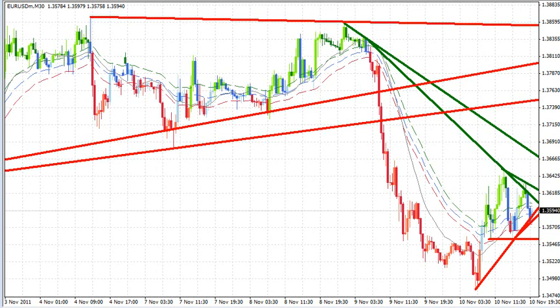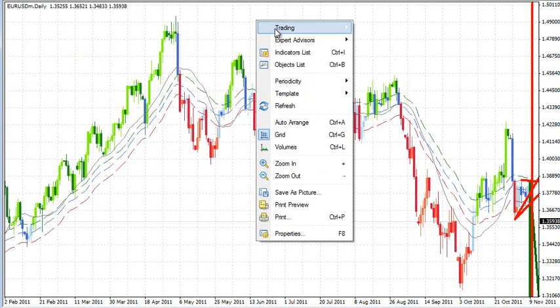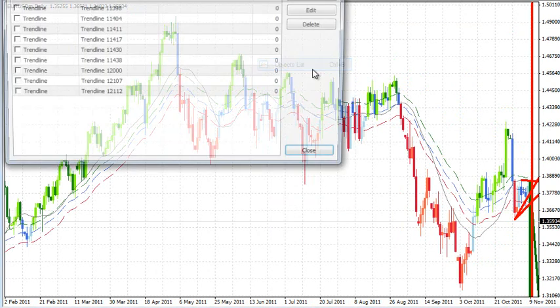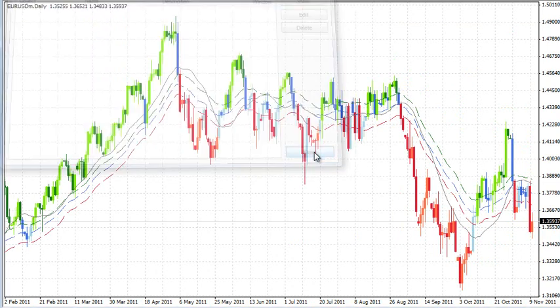We're going to jump up to the daily chart and go with the understanding of look back starting from here. So let me just clean this chart up. I don't need all these trend lines here. So